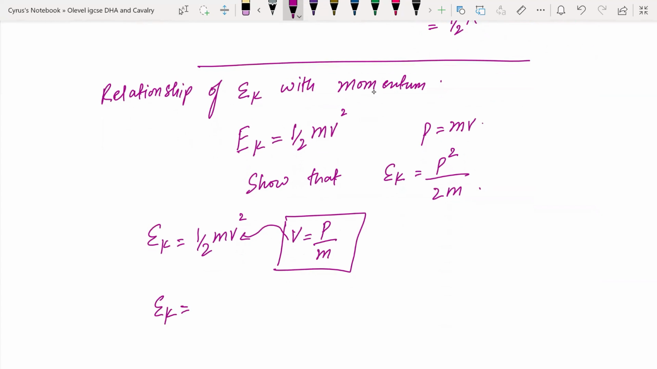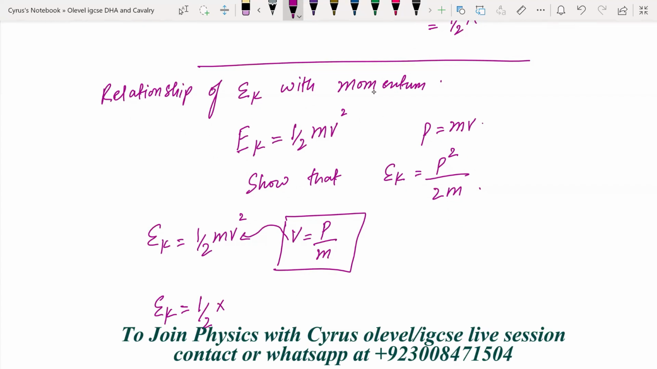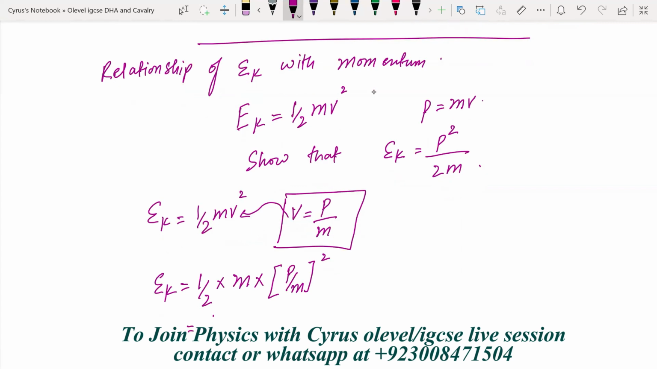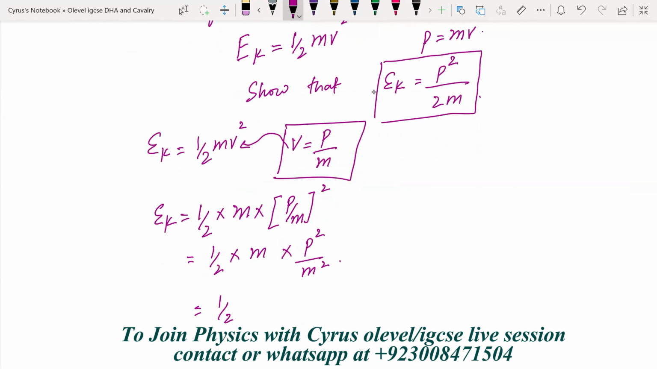This becomes half multiplied by m multiplied by p over m whole square. So this is half into m into p square over m square. Half, ये m इससे कट जाएगा, so ये हो जाएगा p square over m. So this becomes p square over